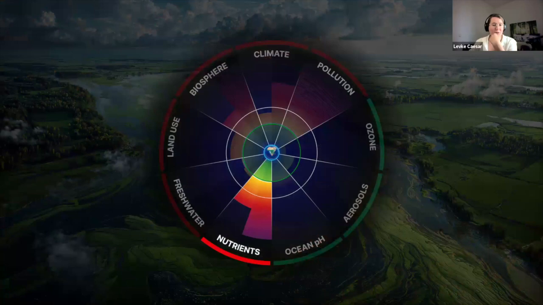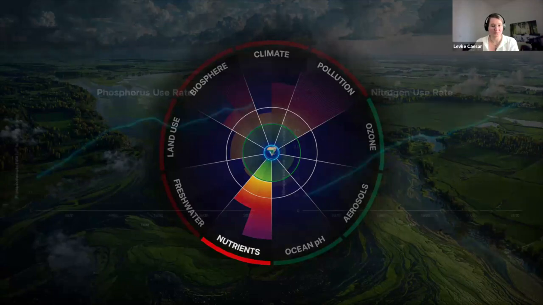A second planetary boundary that I want to talk about is, at least in the climate science space, often less visible, but it's basically as critical, and that is the changes in biogeochemical flows, especially nitrogen and phosphorus use. These are two nutrients that are essential for food production, but their overuse is actually one of the main drivers of Earth system destabilization, especially through water pollution and ecosystem degradation.